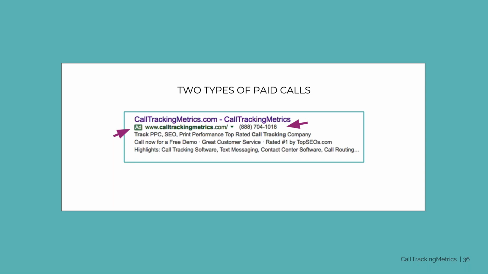All right, so the first thing that we're going to address is that there are two types of paid calls for Google Ads. So this actually comes into play with Bing too. So really this is one ad, but it has two calls to action. One is a click, which will bring you to a landing page, and then one is actually clicking the phone number, which will trigger an outbound call. So because there's really two different calls to action here, we have two different integrations to accommodate them, and we're going to cover that in great detail.